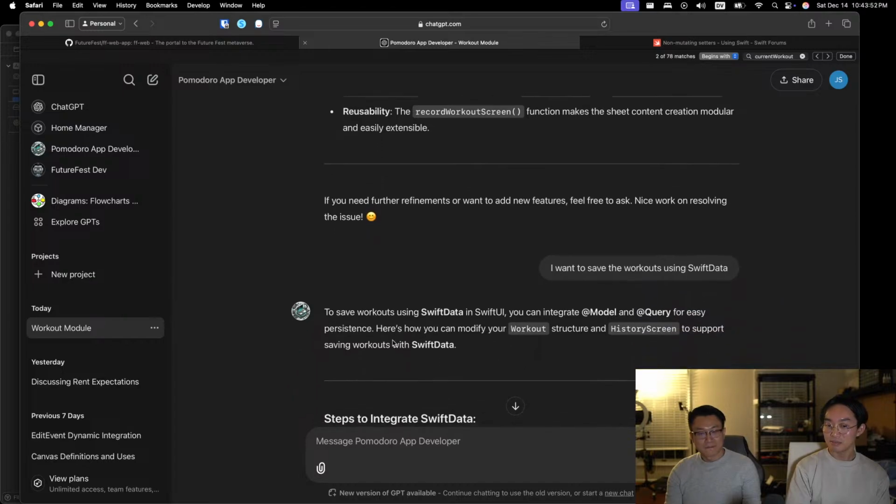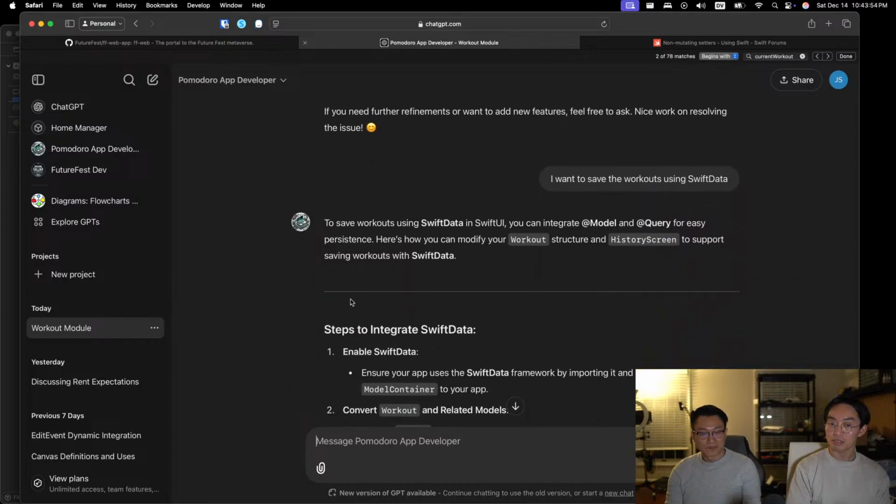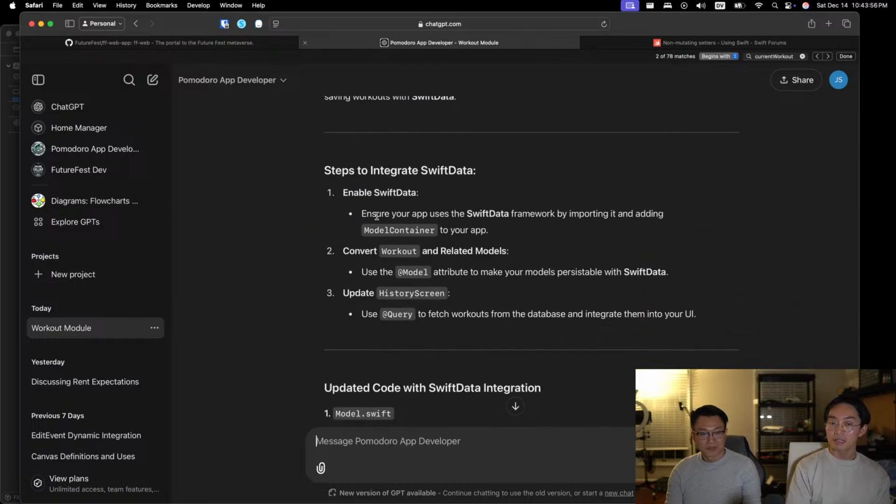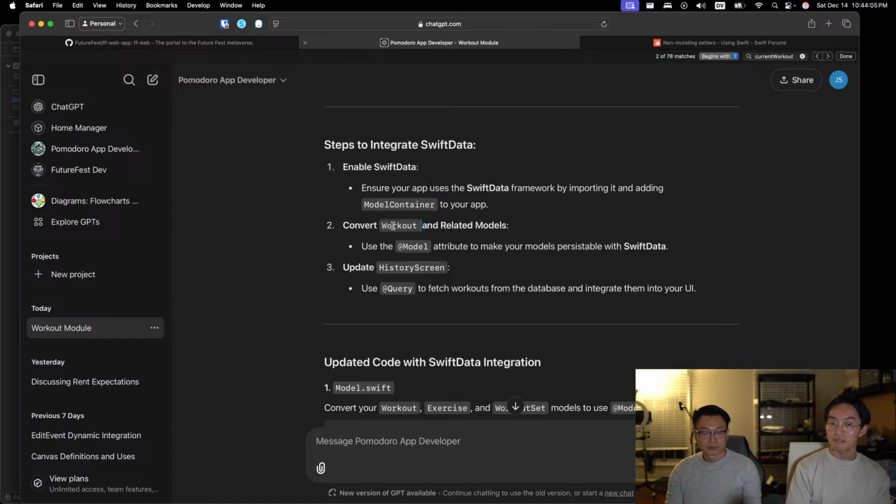Easier. Here's how you can modify your workout structure in history screen to support saving workouts. Ensure your app uses the Swift Data framework by importing it and adding a model container to your app. Convert workout and related models. So we need to modify, first of all, we need to modify our app. I'm not sure if